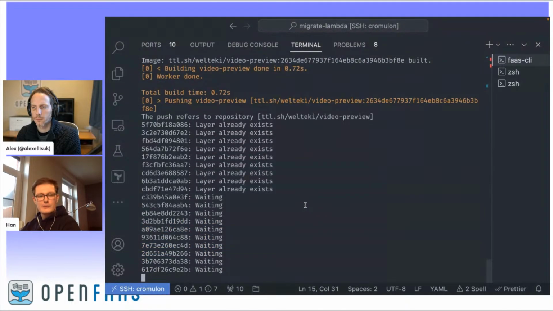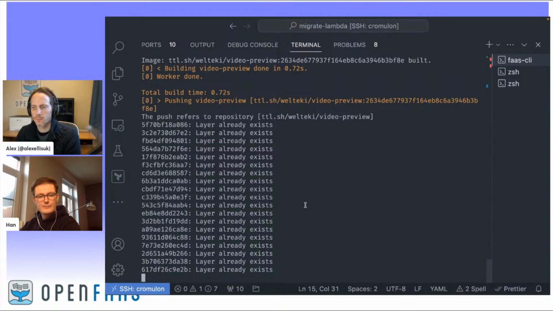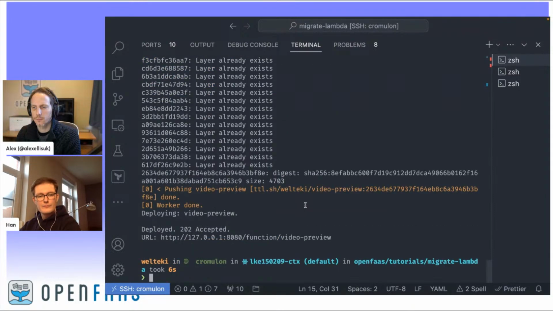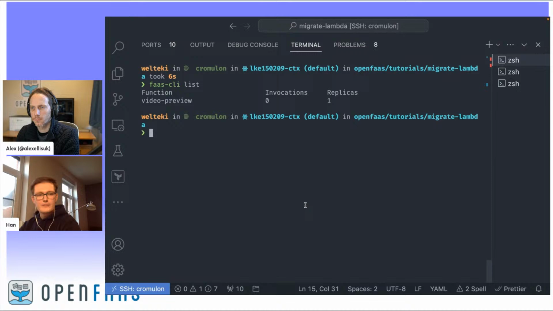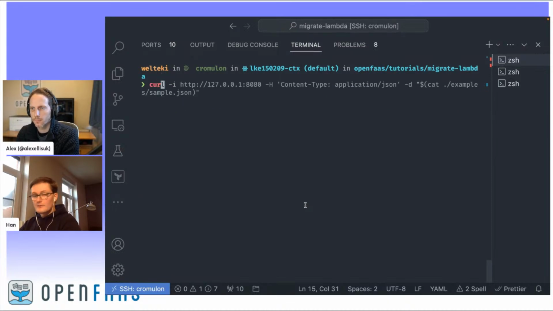Try and redeploy our function. And now we can see that it was accepted. And when we list the function, we see that our function is deployed. And then, similar to what we did previously, except of course, we'll have to use the function URL. So the URL to the gateway, this is local, forwarded to a local port, and then function and the name of the